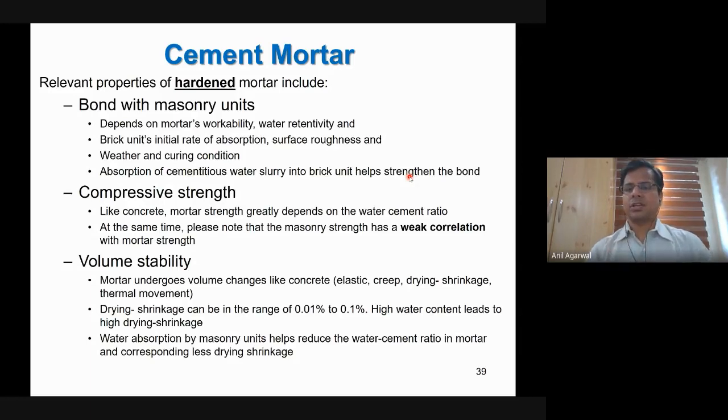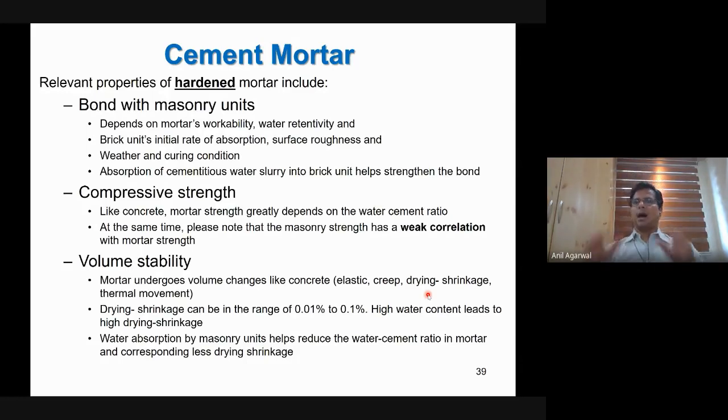The second one is creep, mentioned here along with elastic behavior and drying shrinkage. The creep behavior is basically time dependent deformation. I take a cube, I apply a load of 5 kilonewton, it deforms to 5. I apply a load of 10 kilonewton, it deforms to 10. That is elastic behavior so far. Then I leave 10 kilonewton acting on that cube for a very long time. I come back 1 year later, and what I see is that instead of 10 deformation, now the deformation has become 11. Slightly, it has increased. That is called creep deformation.